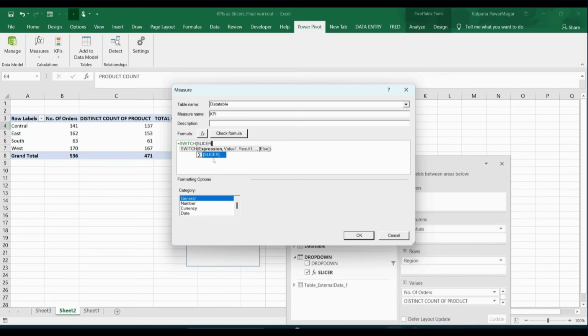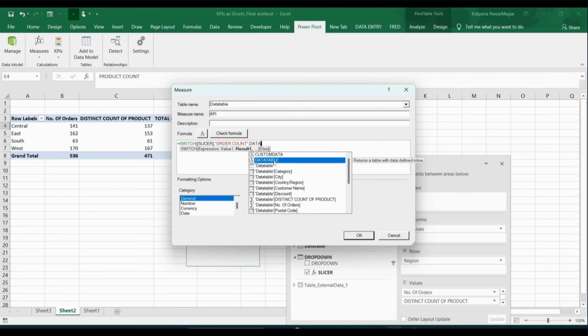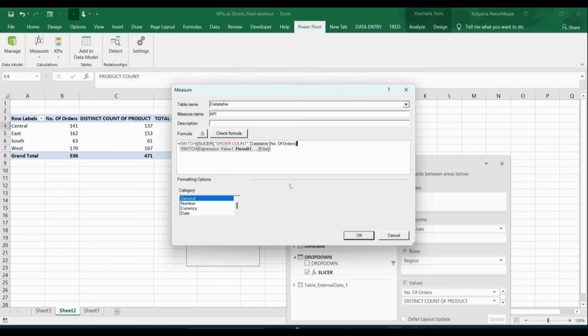When we have selected the slicers, we'll select this slicer and then comma. Then we will take our order count under quotes, because that's what we have used. And then we are going to choose our data table. What was the name we had given? It was number of orders, right? Number of orders. The next one is